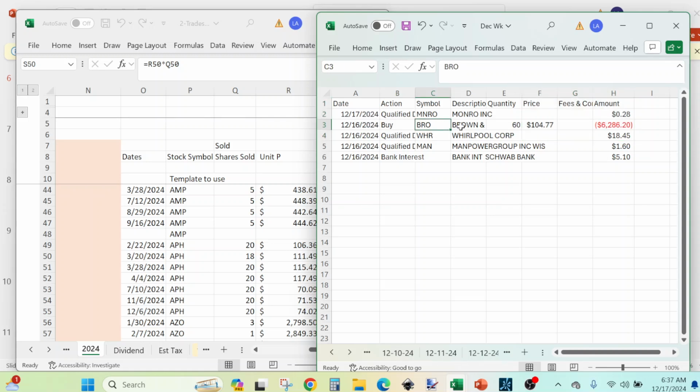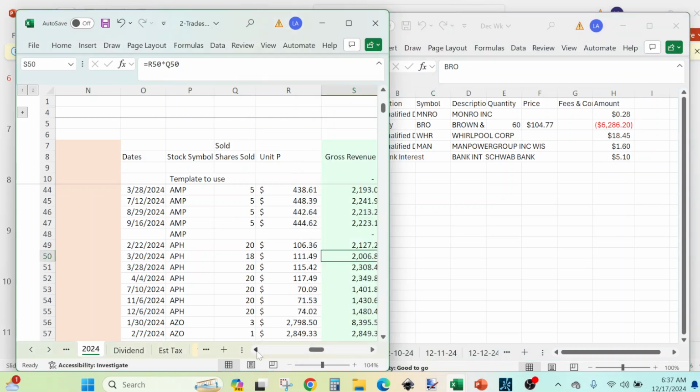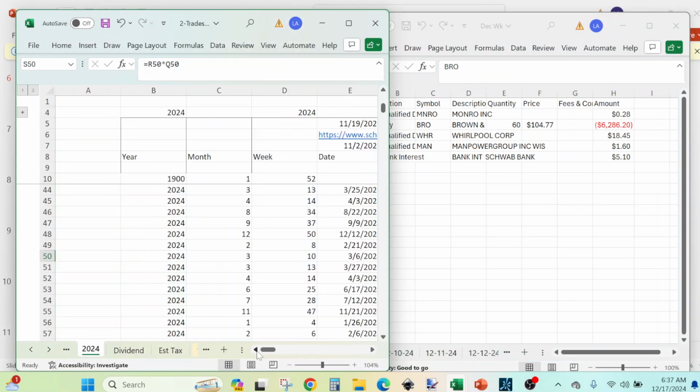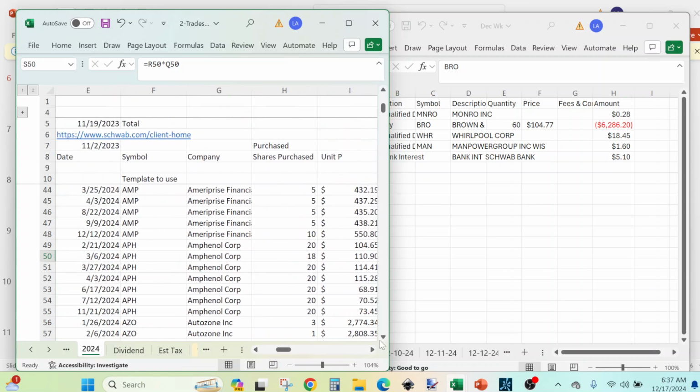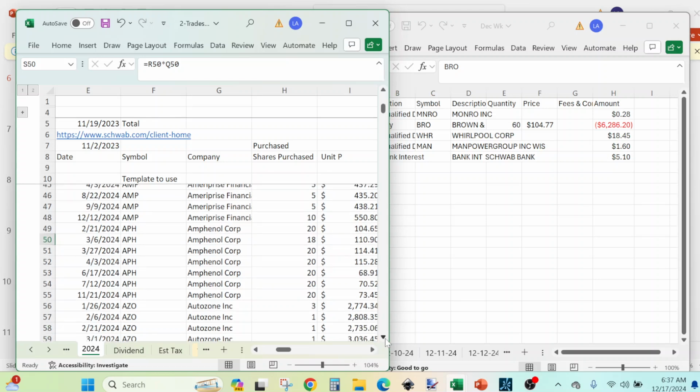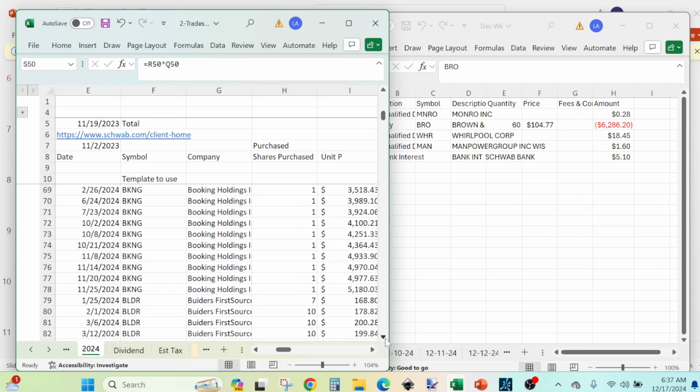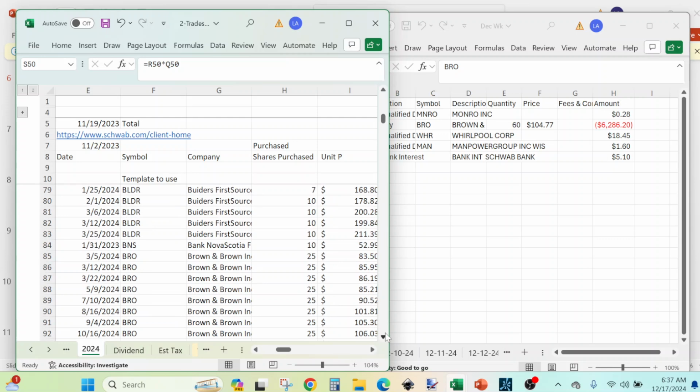Therefore, we are going to enter that stock's purchase in record. So we'll go to B, and we purchase